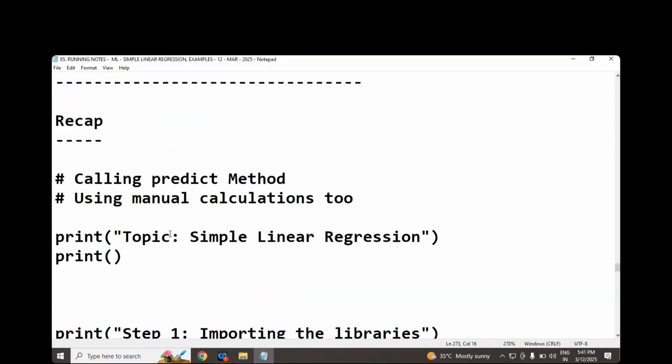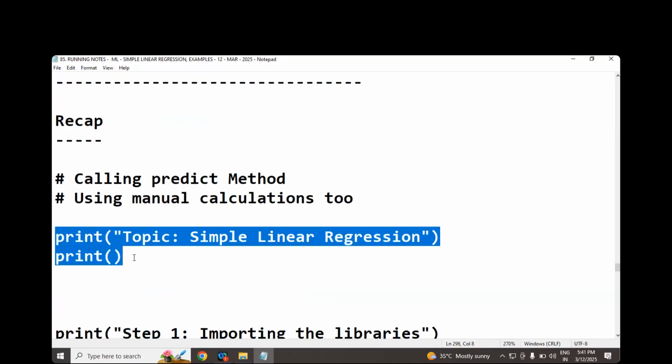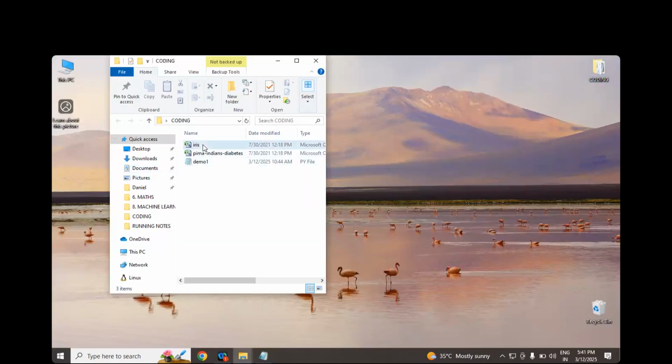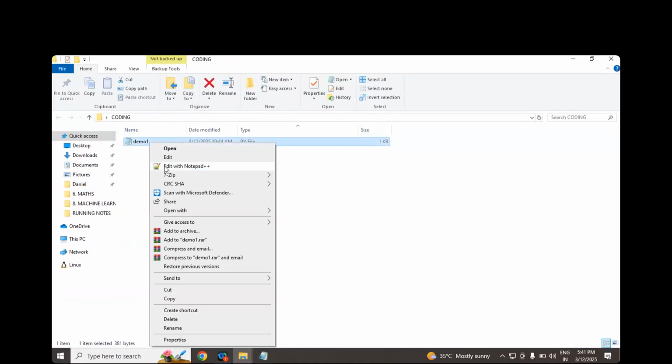Now here is the story. I hope yesterday we already did the example. Quickly, let me execute the example so you'll get a clear picture. I would like to use Notepad.